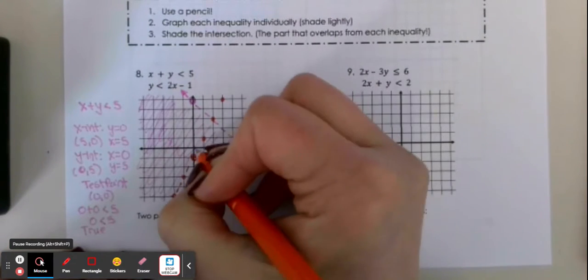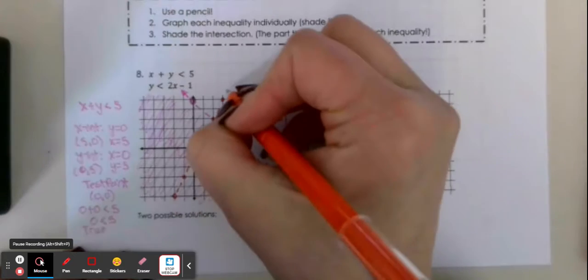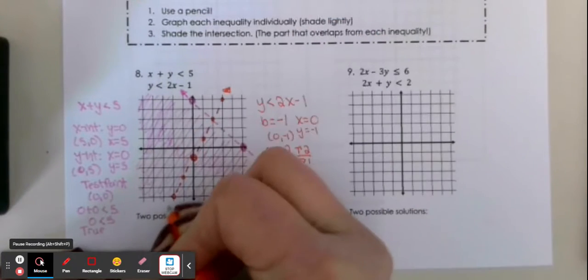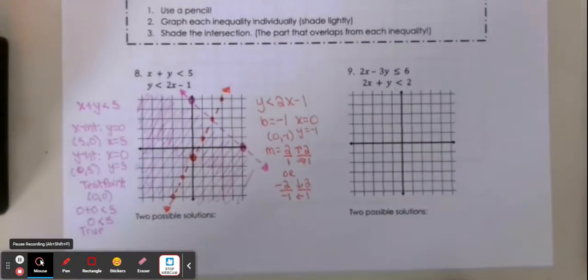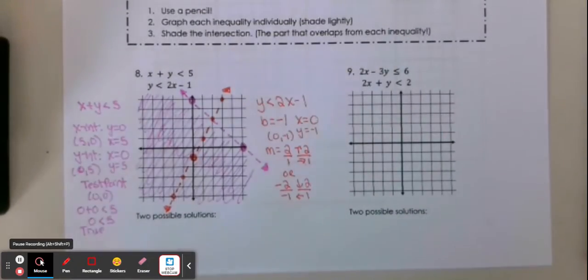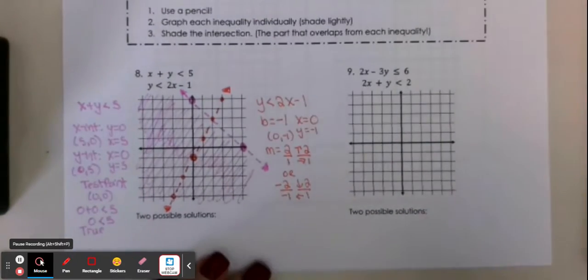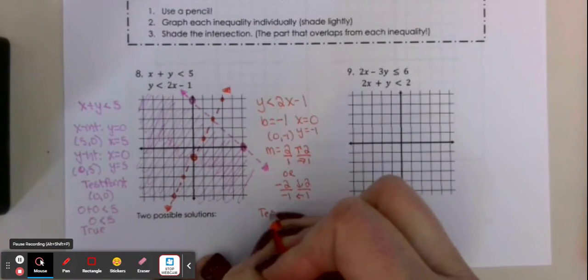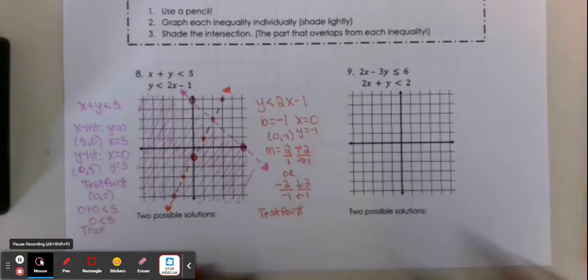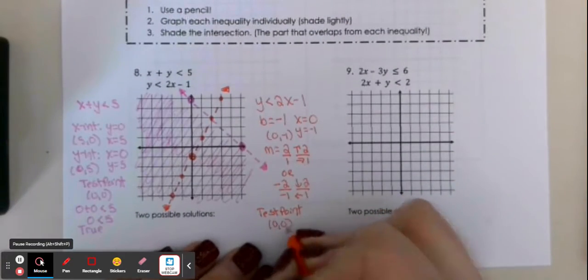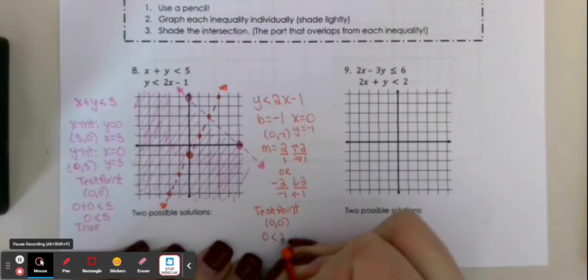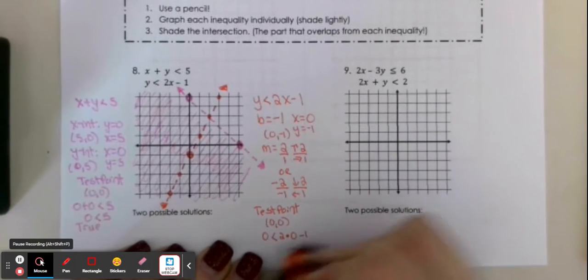This is a less than symbol, so again, I've got another dotted line indicating that anything along the line is not a solution. Final thing for this linear inequality is to find out where I'm going to shade, and I will do a test point. Is (0, 0) a part of the solution? Do I shade up here? Let's take a look. If I put in 0 for y and then 2 times 0 for x,